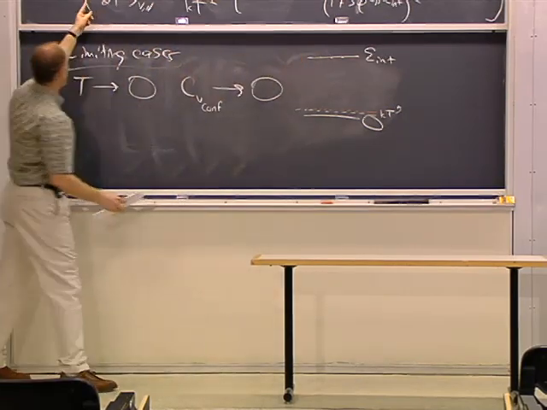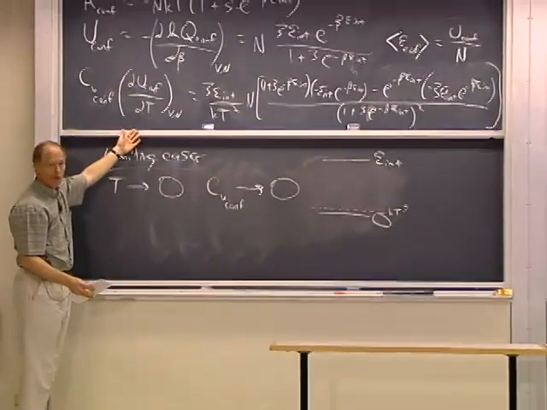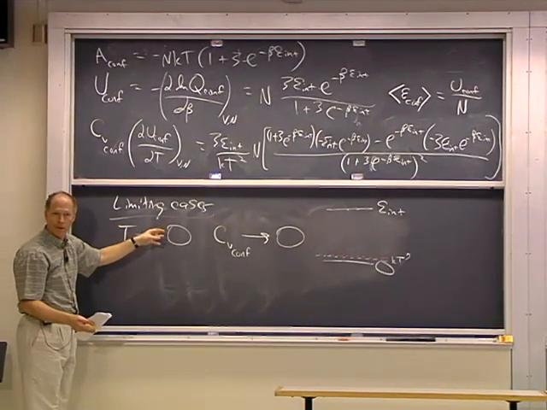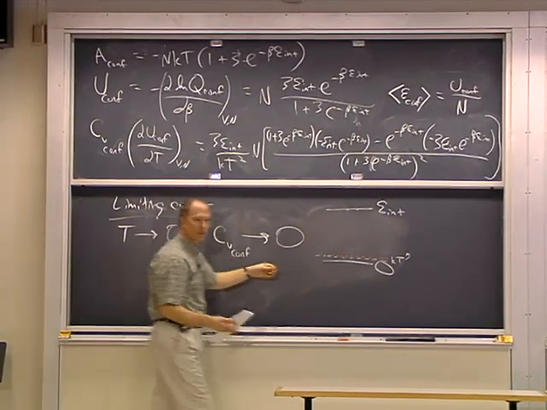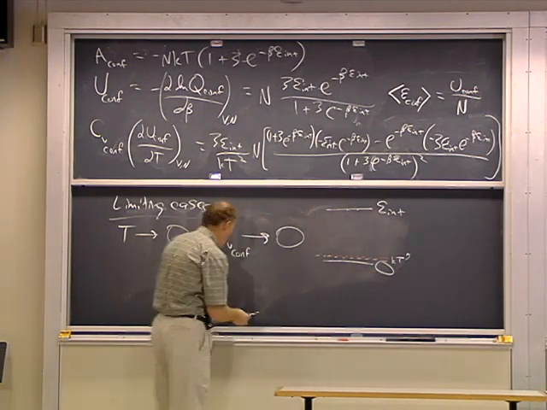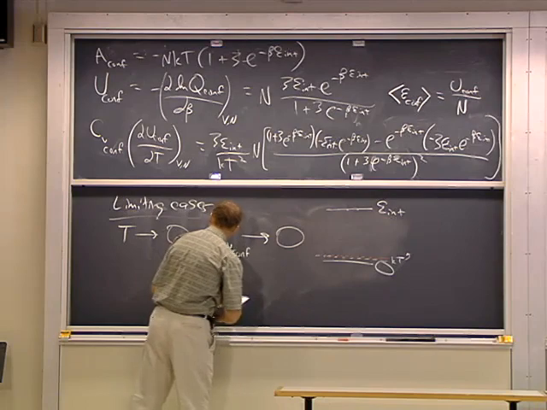So what was the derivative of the energy with respect to the temperature? I changed the temperature. The energy didn't change a bit, right? And that means the heat capacity is 0. Okay? All right. Now let's look at the other limit,